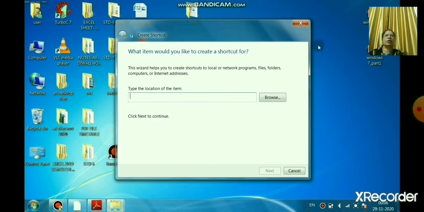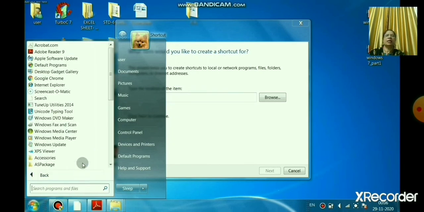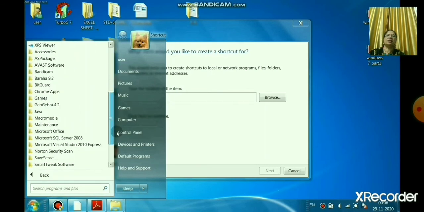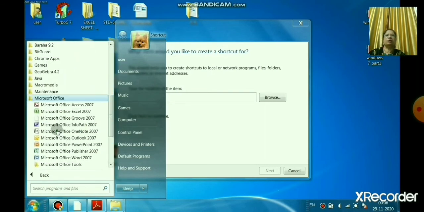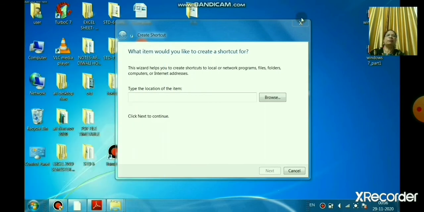How will I open it? Every time I click on the start button, All Programs, then Microsoft Office, and select the program whichever I want from the list. But today I will create a shortcut for Microsoft PowerPoint.